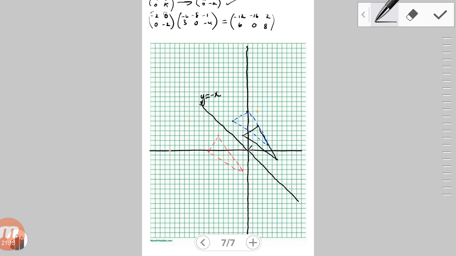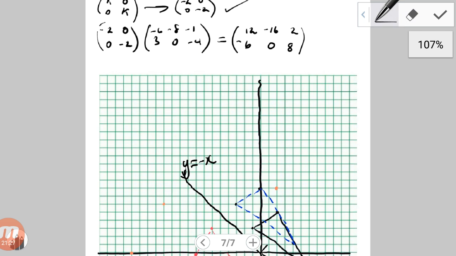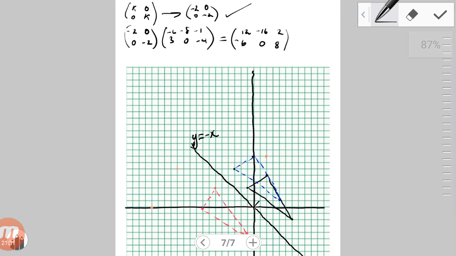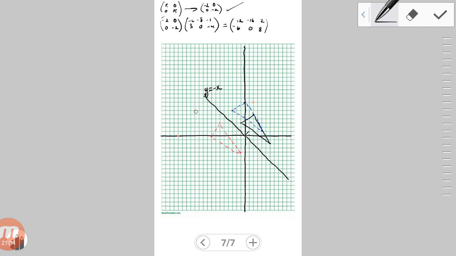All right, and then once we multiply here, we're gonna get positive 12. All right, so that's positive 12, and we're gonna get here negative 6. Okay, we're gonna get negative 6 here. So minus 2 times 3 is negative 6. So we're gonna have to replot this particular point here. So we're gonna have positive 12. Let's just erase here. So positive 12